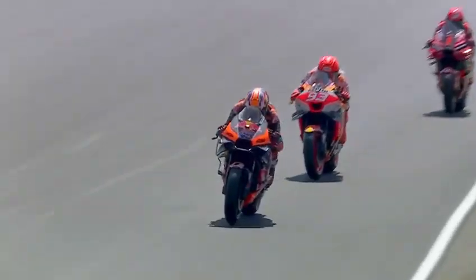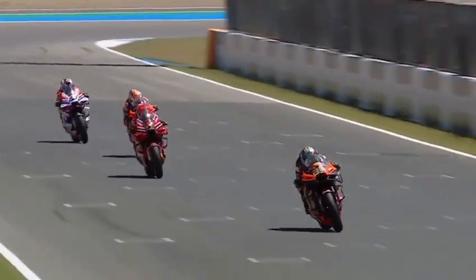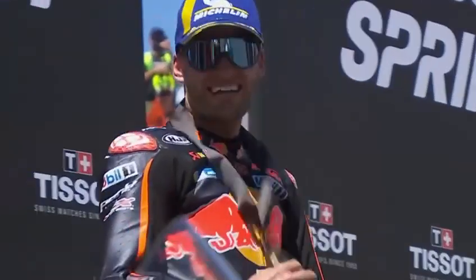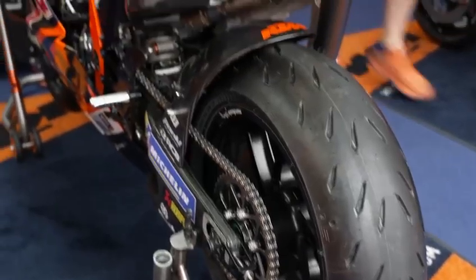KTM have been on a steep learning curve since joining the MotoGP grid in 2017, and with a new package this year, their RC16 has progressed from its pre-season struggles to a proven race winner. The bike's made massive leaps and bounds. We've changed a lot. The wheelbase is huge compared to what they were running. The engine, you can hear the sound, it's different. So not in one specific area, but in a general feeling of the bike, we've changed a lot, and